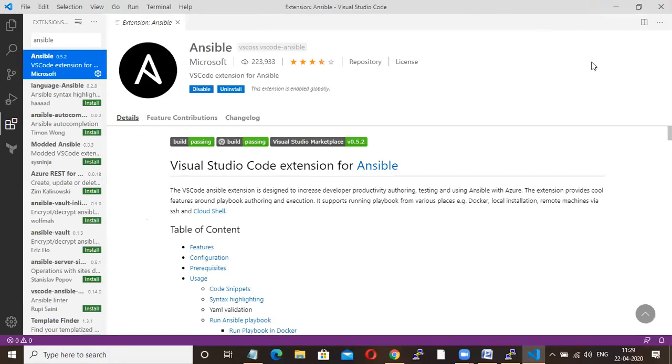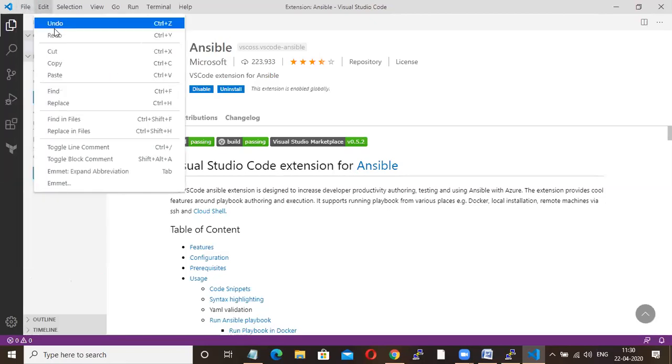Why I am doing this means I am just installing the Ansible plugin for my Visual Studio Code. The purpose of this plugin is for syntax validation and for YAML validation. Okay. So once after install, you have to restart your Visual Studio Code. Otherwise, your plugins won't be reloaded. You are not installing Ansible. You are just installing Ansible plugins for your Visual Studio Code. Don't forget it.